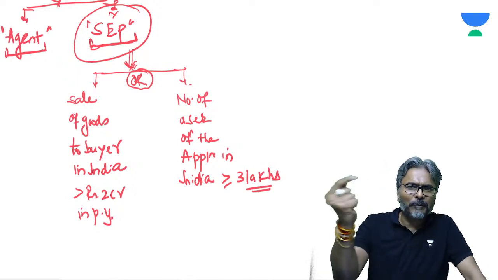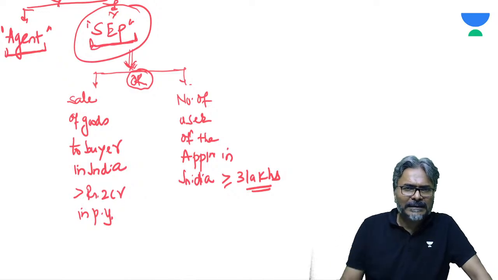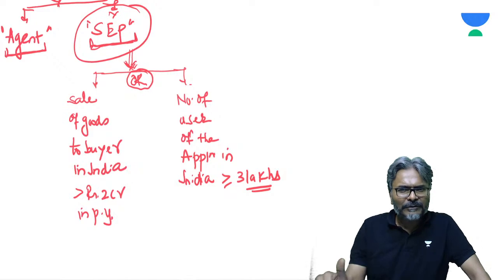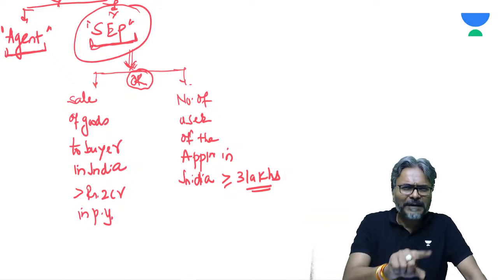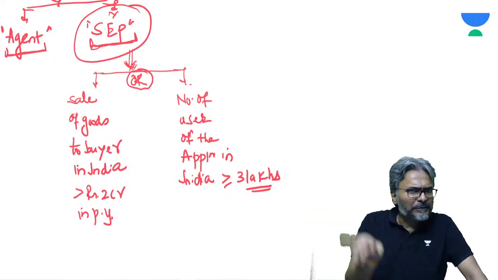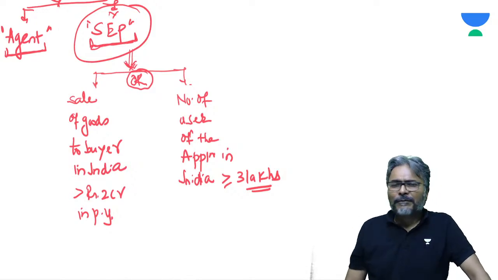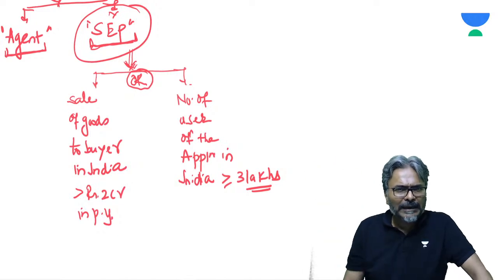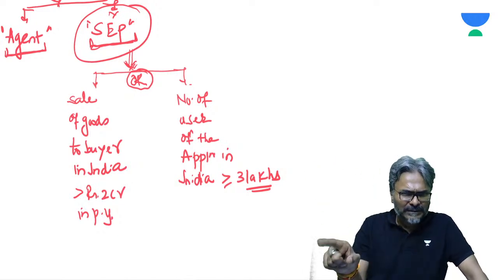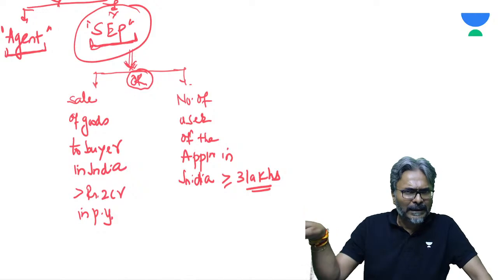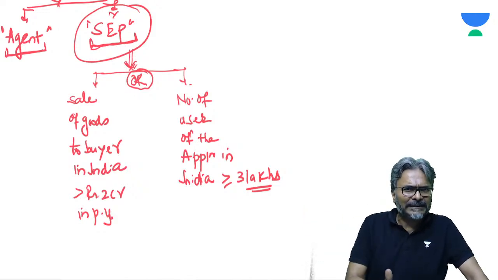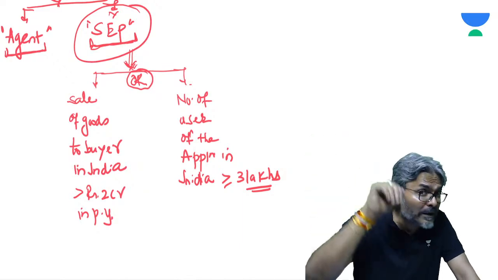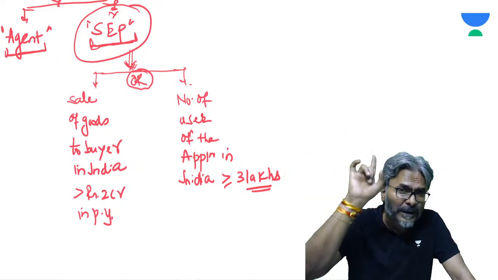Say, for example, a mobile app. A non-resident has many mobile apps. Many of the apps are Chinese. Now, they don't have any physical presence in India, so if they tell you to download the app and many people then download the app, and the number of users who have downloaded the app in India touches 3 lakhs or goes above 3 lakhs, then that non-resident who may not have any physical presence in India,